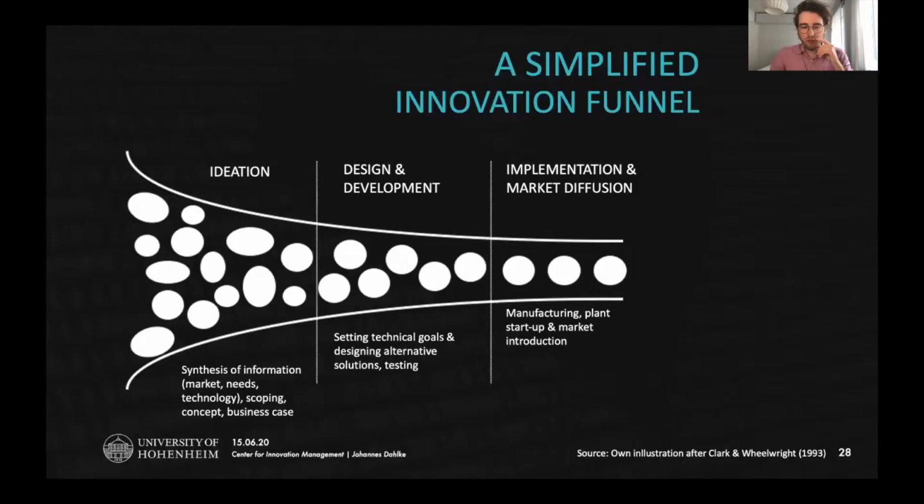So within the boundaries of the firm, you see all these white bubbles representing new ideas or innovation projects within the company. And these projects go through three phases: the ideation phase, where there are a lot of different sizes and shapes of ideas, and they get slowly filtered down in the design and development phase, and then only very few ideas and projects make it to actual market introduction in the end. Now, what I would like to do is go into detail for each phase, what's happening in each phase within a company, and then show you where AI might come in, okay?